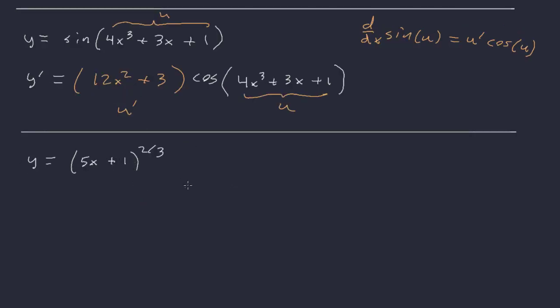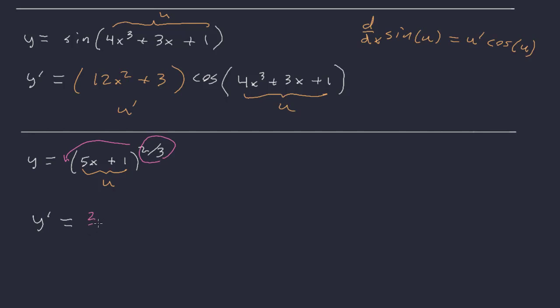Right? Here's an example of exactly why the chain rule is invented, because trying to do this without knowing the chain rule, it's rather difficult because we can't really apply the product rule or any other rule. The same goes for like the sines and the cosines and all that kind of stuff, but this is one with a power that kind of falls apart if you try to approach it with the product rule. But as is, our u, or stuff on the inside, is 5x plus 1. It's just raised to a power, so y prime is going to be, well,